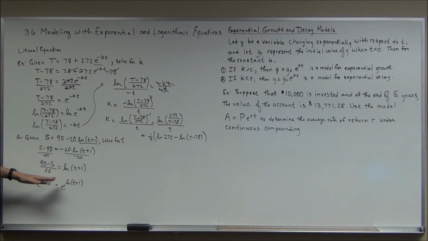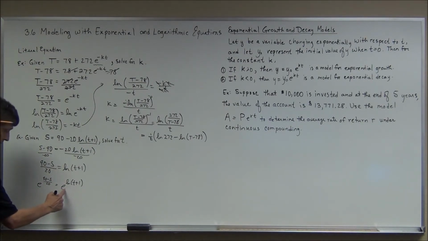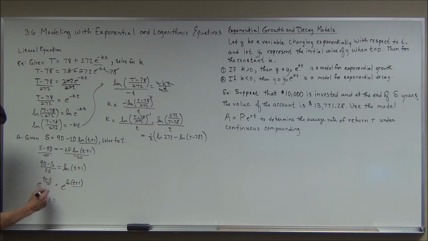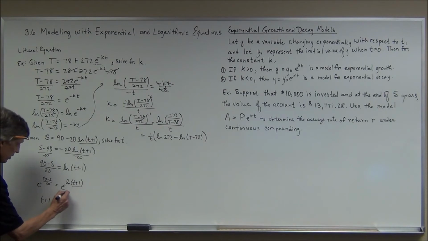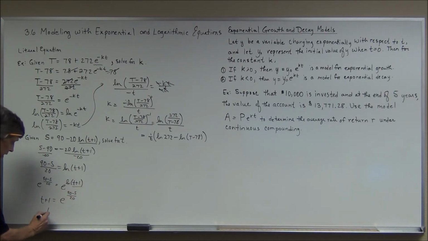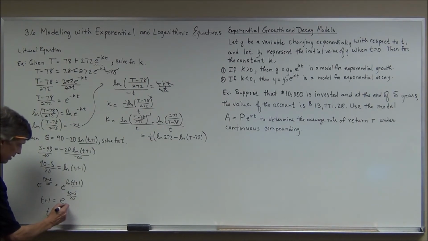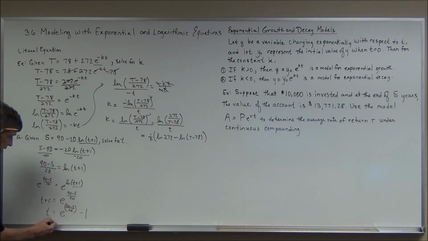And then I am going to use my property of logarithms and exponential expressions, and I'm going to write this as, when you have base e, you just get the expression t plus 1. I'm going to go ahead and write t plus 1 on the left, and then over here, what a mess this guy's looking at. And then I'm going to subtract 1 from both sides. I'll put parentheses around there. Minus 1. And this guy right here